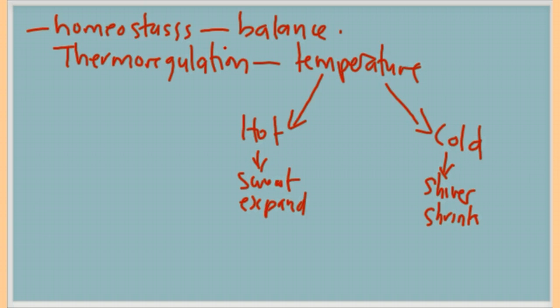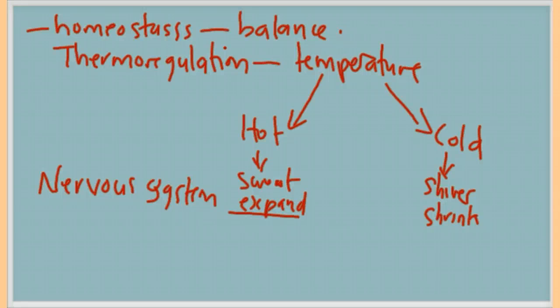We talked about the nervous system. And we said that the nervous system transmits messages. So if our body is getting too hot, our brain and our nerves pick up that message and it tells our blood vessels to expand. Whenever it is too cold, our brain picks up that message, it sends an electrical impulse to our blood vessels, and our blood vessels start to shrink so as to conserve heat.